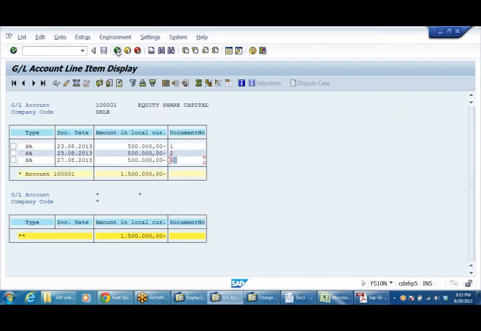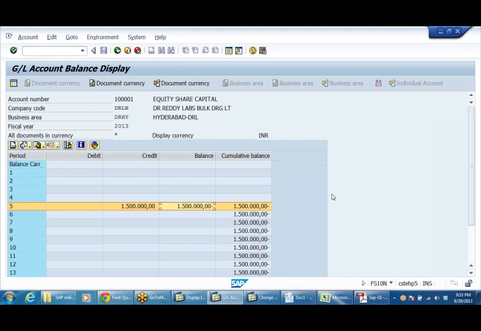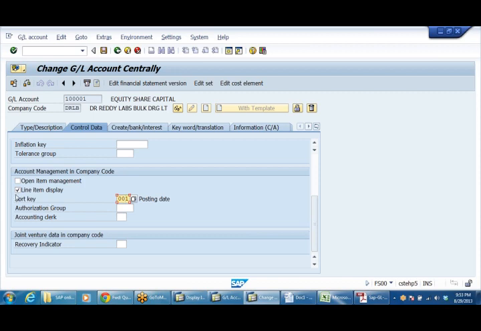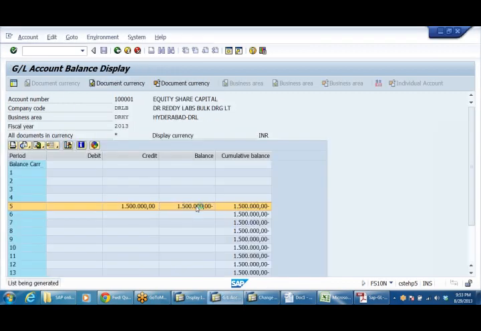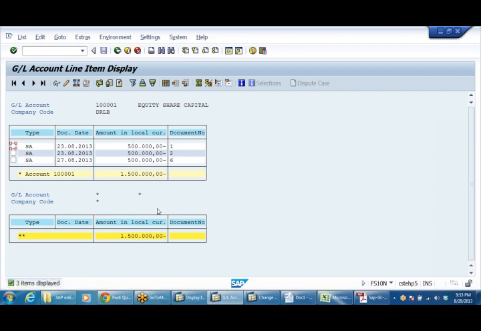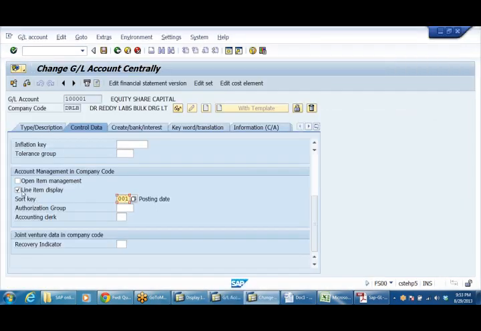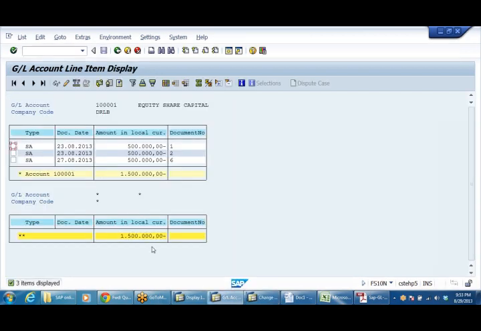Now here, if you don't check that line item display, you can see only up to here. And if you double click, the system says sorry, I cannot show you. Line items cannot be displayed. But because we said that we want to see the line items, you are able to double click. You can see these line items. Line item display: if you check this, then only can line items be displayed.